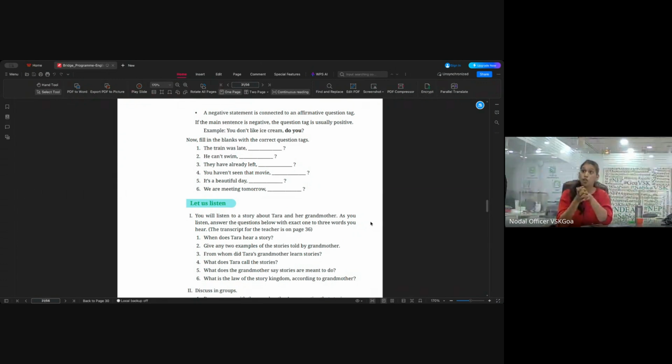I used a simple song, a lyric, and I printed the lyric on a worksheet and I kept blanks. So it tested their listening. They had to listen to the song first, then I played the song again. As they heard it, they had to fill in the gaps. So here they are listening to the story and they're answering the questions.